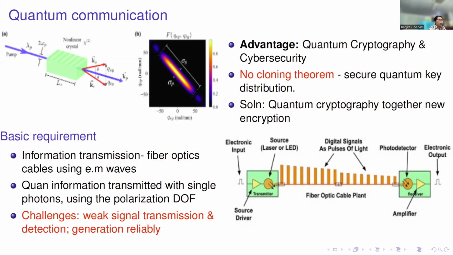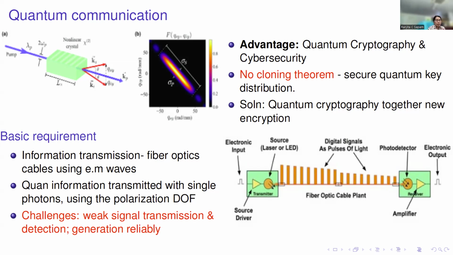And the challenge we see, as I discussed earlier, is that the weak signal is only one photon carrying it, and the detection and generation are an issue. This is a big research field people are exploring now. For example, for single photon generation, earlier people used to just reduce the intensity of the light by using hundreds of neutral density filters to get one photon. But that is not a very convenient way, and the efficiency is very low. So we are trying to develop a single photon source which you can control anytime to send the information, so the control and handling is easier.